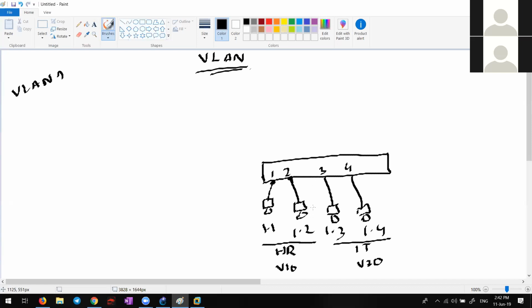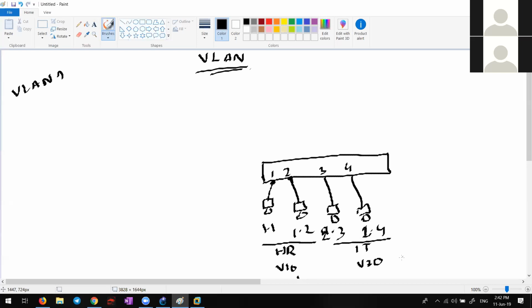Here, do you see any different networks? All the four devices are in the same network, the 1.0 network, correct? So why do we need a router here? It's completely unnecessary. Actually, you cannot make VLAN 10 to VLAN 20 communicate. You cannot. If instead of this it were 2.3 and 2.4.